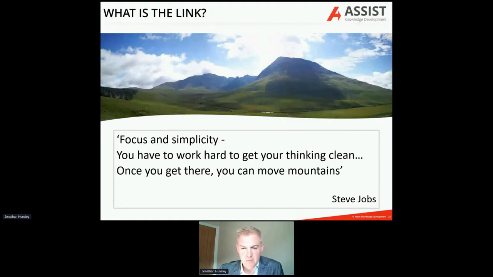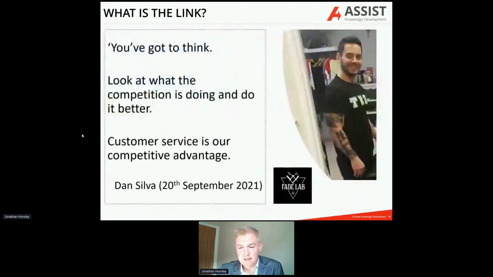But I'm not going to finish on a quote from Steve Jobs, because I thought it'd be worth getting a quote from Dan, the barber that I've talked about very highly in the presentation. And this is a picture of Dan. And I asked him yesterday, I went to get my haircut yesterday in preparation for today's presentation. I asked him, what would be the one thing you'd want me to share with the audience at this business